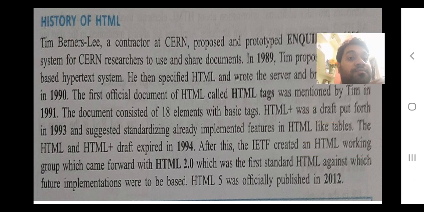Now the HTML document consists of 18 elements in basic tags, which I will tell you about later. You have done this in class 8, I think.